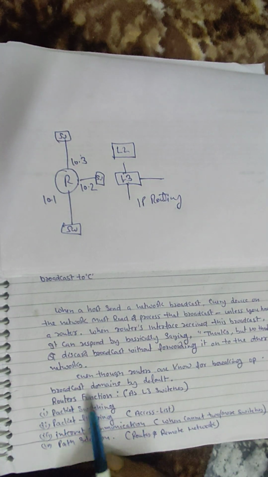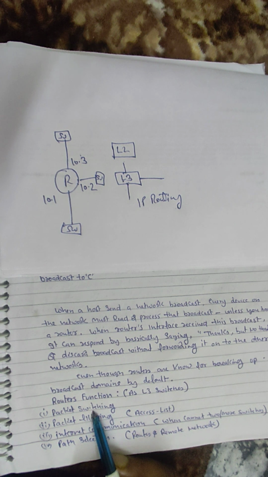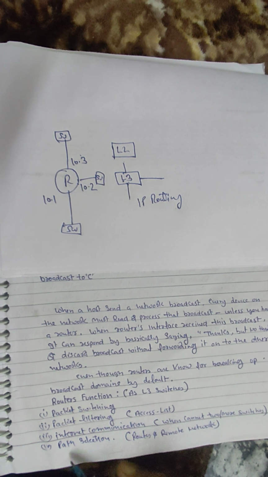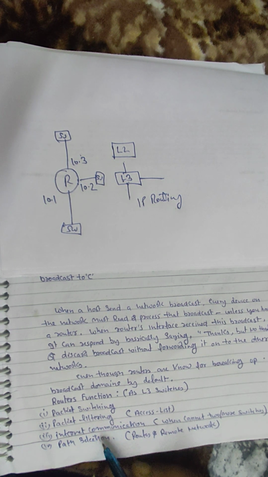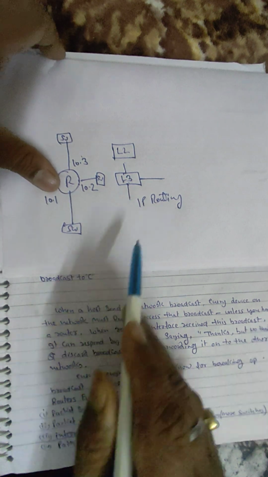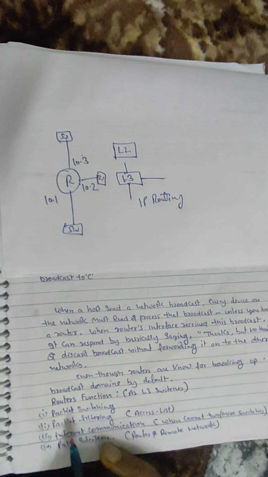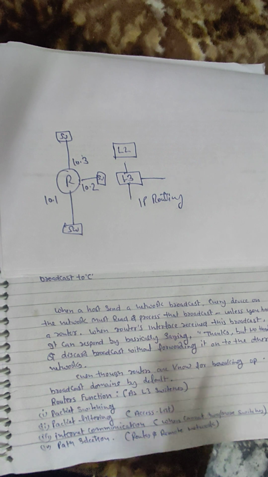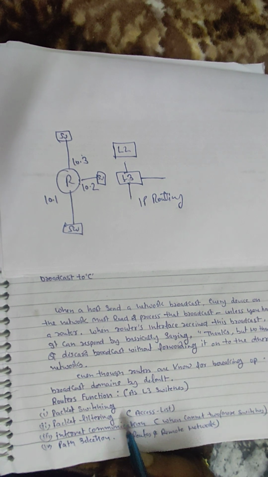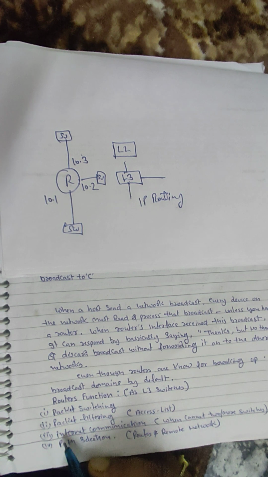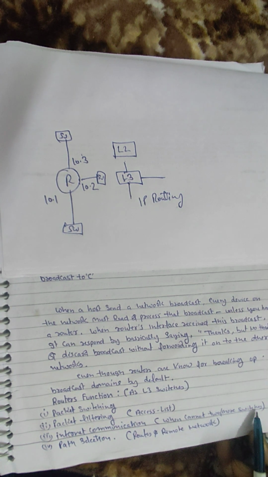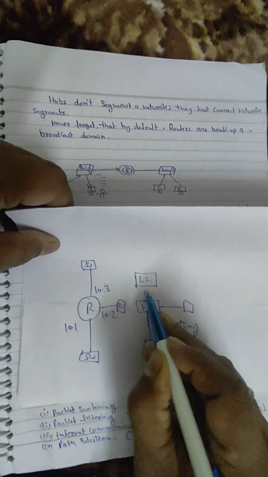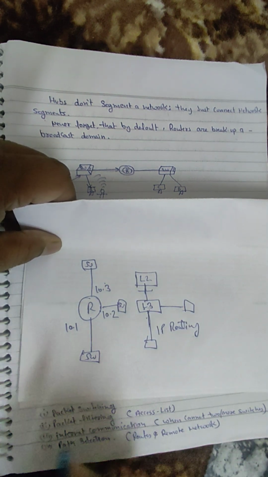Now a router has the functions of packet switching, packet filtering, internet communication and path selection. So what is packet switching? One device to another device. And for packet filtering, we use extended or standard access lists on the router. And internet communication, when connecting two or more switches, like this is one switch, this is the second switch, this is the third switch. Okay,